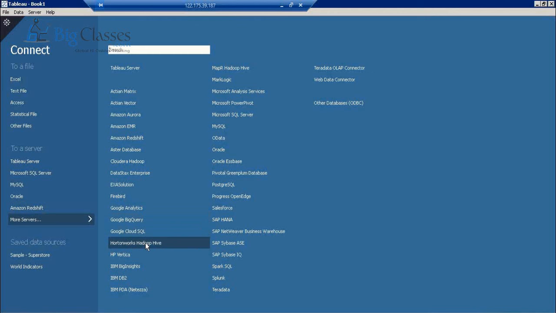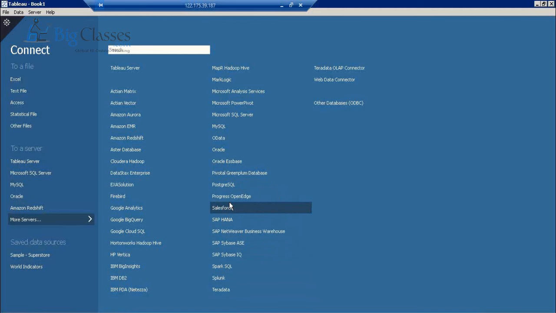Hadoop is big data, and it even supports that. It can interact with the HP Vertica database, IBM DB2 database, SQL Server database, MySQL, Oracle, SAP HANA platform, Teradata, Spark SQL, and it is ready to interact with different data sources.